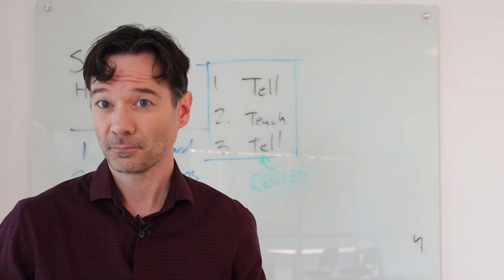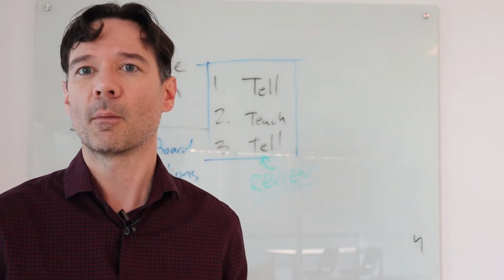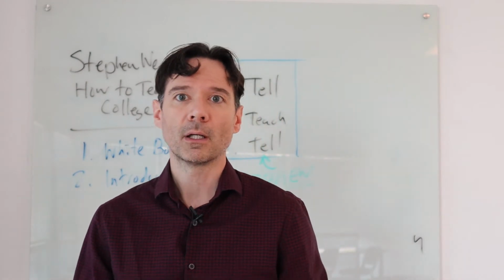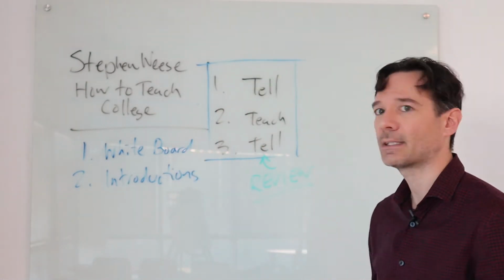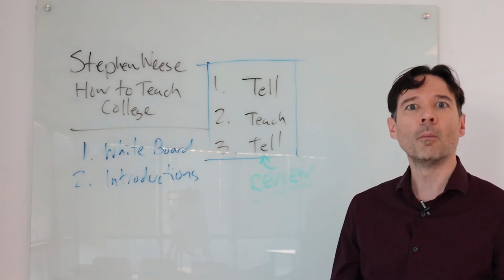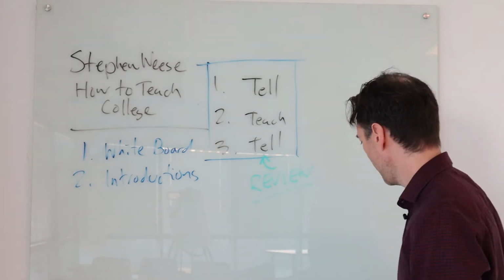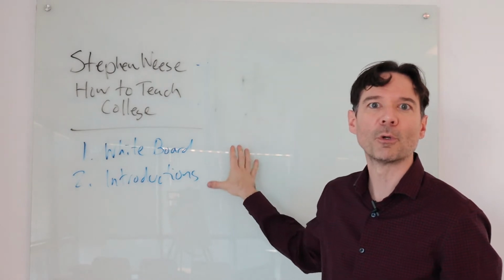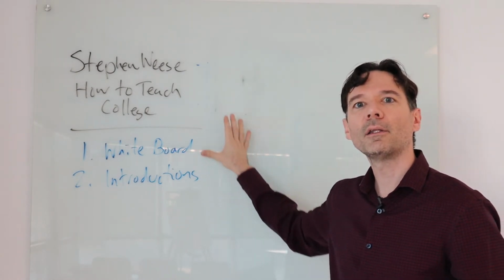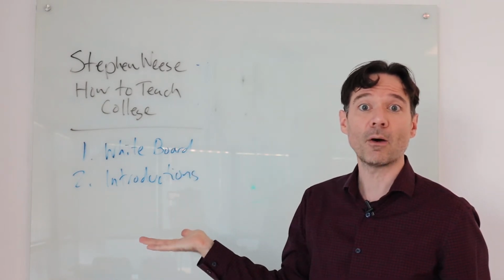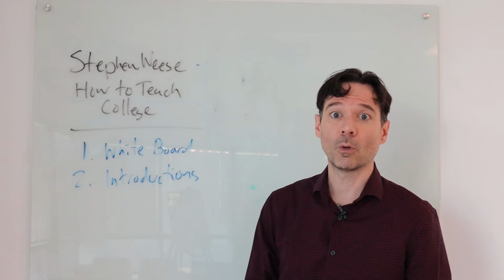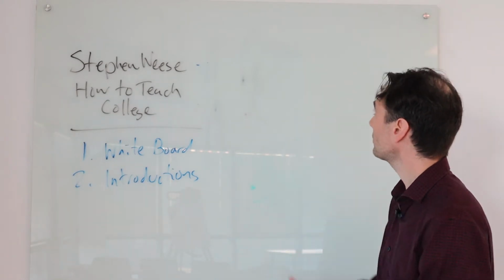So what happens is we don't want to do that, but we also don't want to block their way, right? We want to make sure they can see what's on the board. So for instance, I'm going to stand over here, and let's say I'm going to do like a math problem or something like that. Now this I usually leave up for a while. I wrote it a little bigger here than I normally write it in the top corner, but I'll leave it for maybe the first even half hour or so, unless I really want that board space for something else. But let's say I'm going to do some algebra.